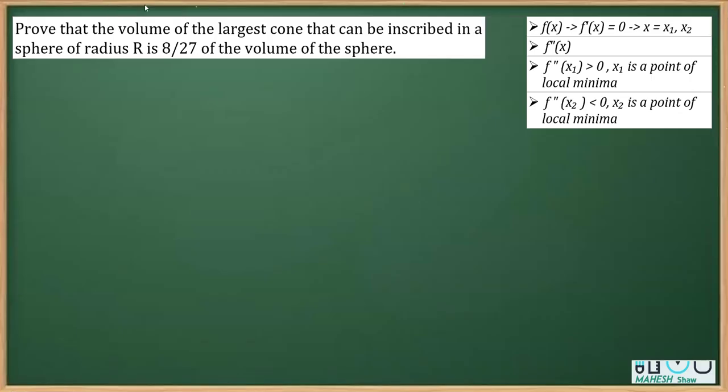We have one question from the chapter Maxima Minima. The question says: prove that the volume of the largest cone that can be inscribed in a sphere of radius r is 8/27th the volume of the sphere. So let's say I first draw a sphere, this being a sphere,